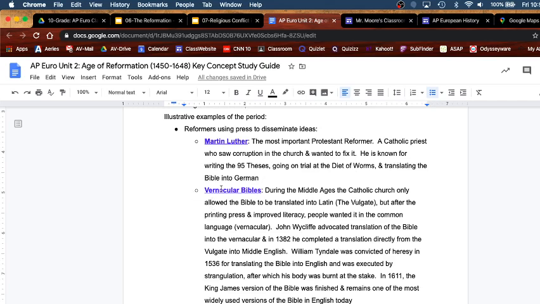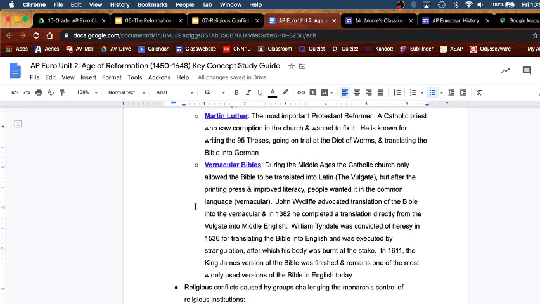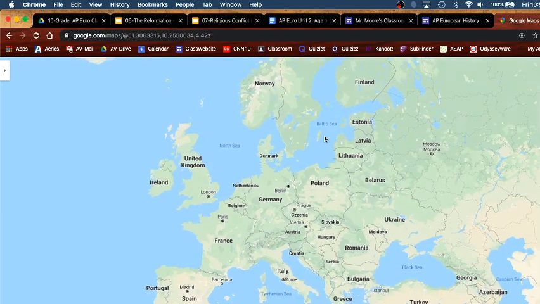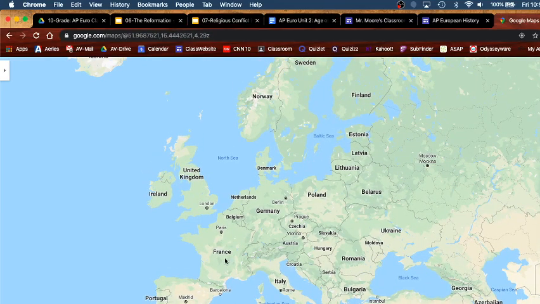And that kind of brings us to this next bullet point, vernacular Bibles. When we hear the word vernacular, that's the common language of the people. If we were to look at Europe at the end of the medieval ages, these boundary lines that we see on the map today kind of sort of are on linguistic boundaries. That's not always true, certainly, but that's one of those things that cohesively makes people feel like a part of a modern nation state, having a common language and a common history and background.